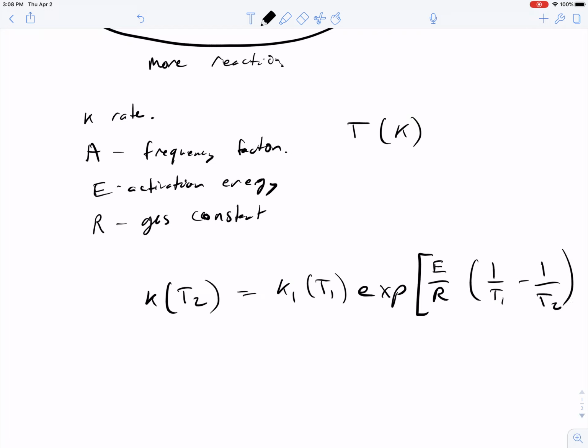Again, T1 and T2 are in Kelvin, and you can see that as you increase T2, the overall rate k at temperature 2 would go up,